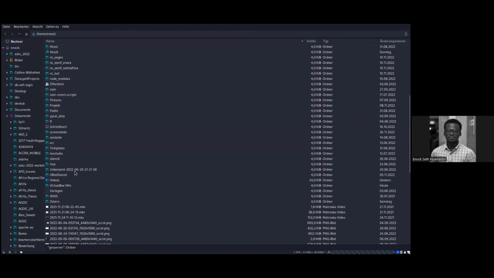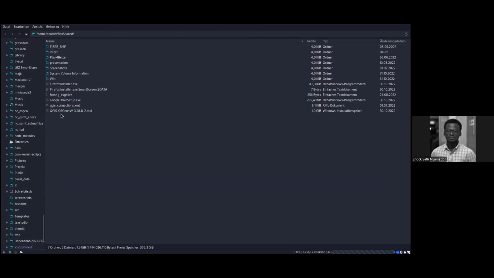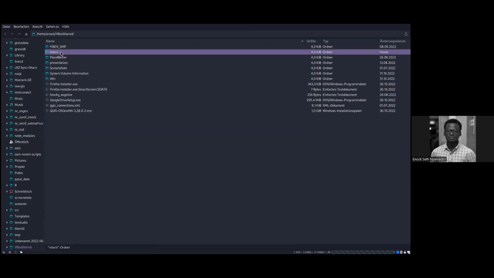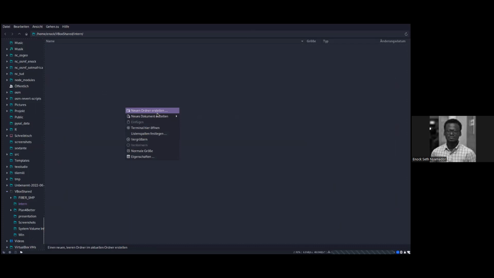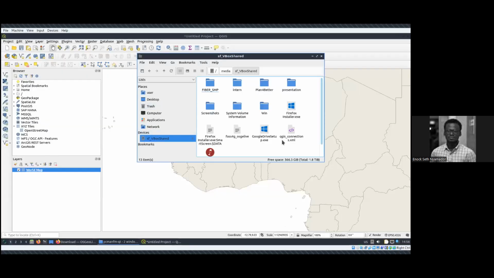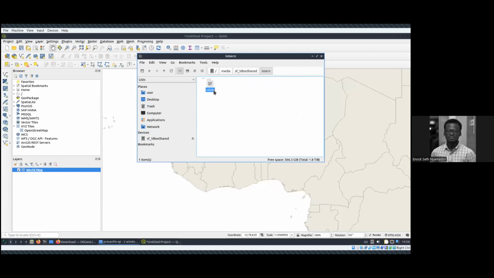Okay, let's see. Yeah, it's here. I've seen it. So it's this one. I just created a folder called Intern. So this you see here is my main computer, and this Intern is here. If I create a new file here called something, I call it SDS. If I go back to that, here you should see some SDS thing popping up in Intern, which is here. So the virtual machine thing shouldn't confuse you that much. I hope I've been able to clarify the confusion a bit.